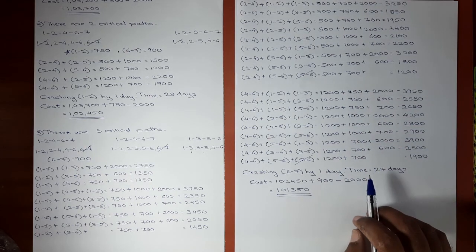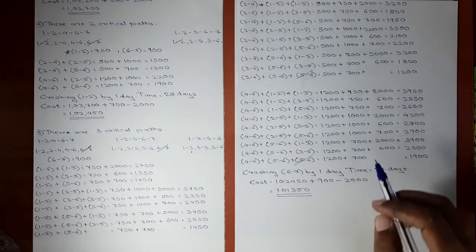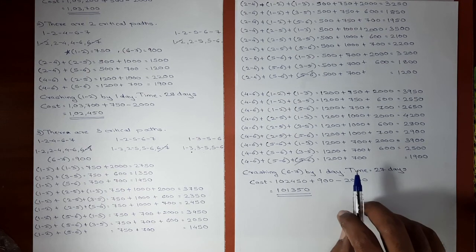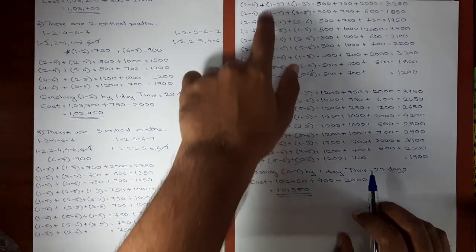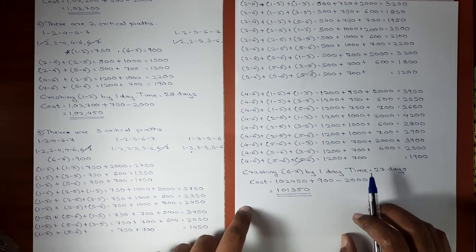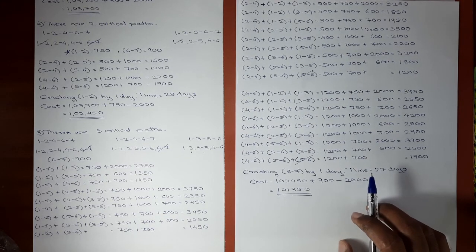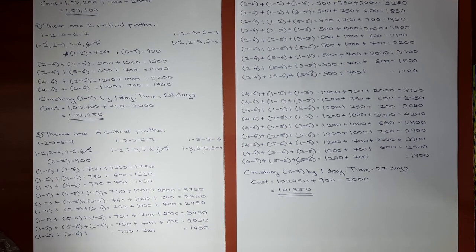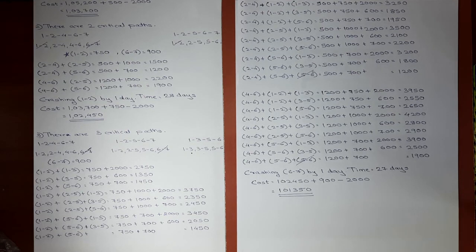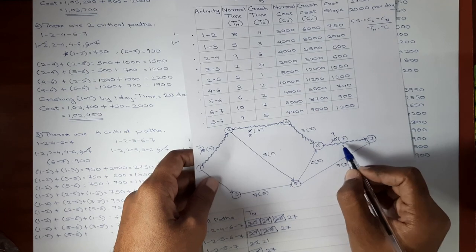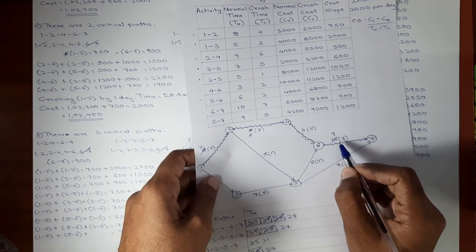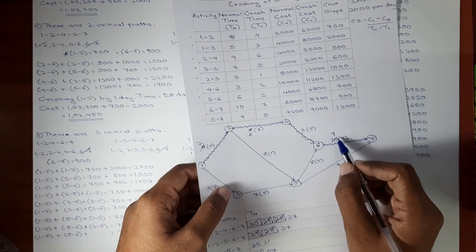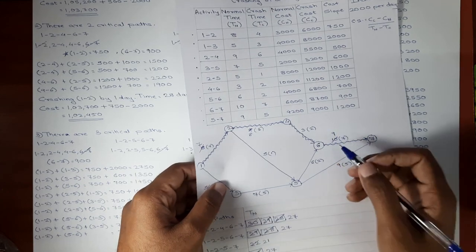So you people may say that making the third combination was useless, but please remember one thing, making these combinations will be helpful for us in our next step of crashing. As we proceed, you'll realize how. Okay, in third step of crashing, activity 6.7 was crashed. But if you see in the network diagram, there is still scope for crashing activity 6.7. Okay, it can be crashed up to 7 days. We have crashed it only once, so the duration is now 9 days.